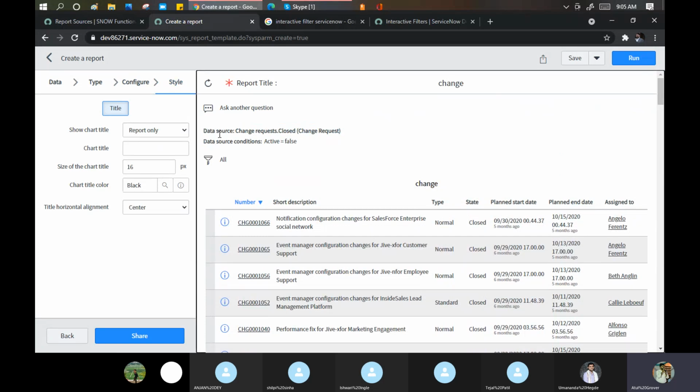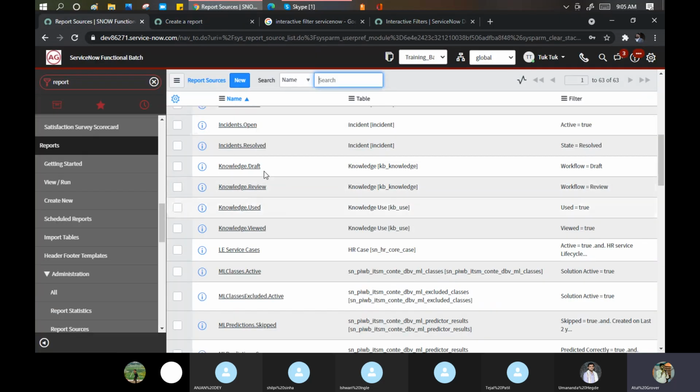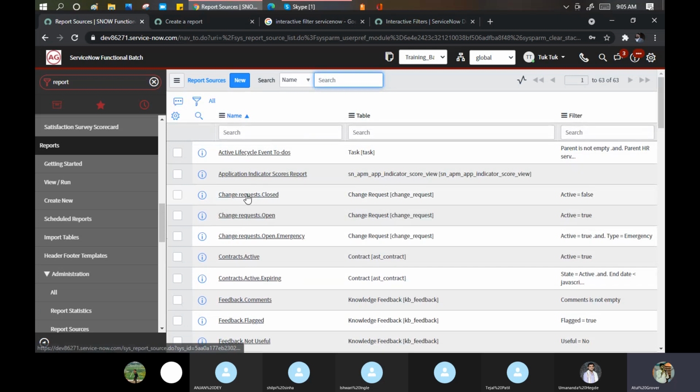Data source, change request, dot close, change request, data source condition active false, because this is mentioned in my data source. Let me open this. Here, change close: active is equal to false. In short, let's say I purchase a new phone and keep vibration as the default setting.